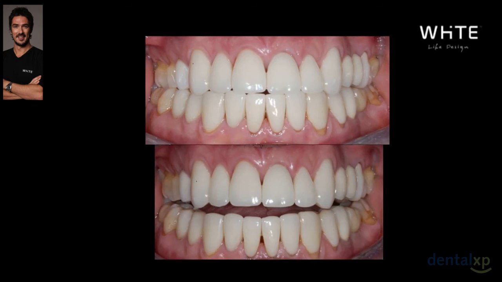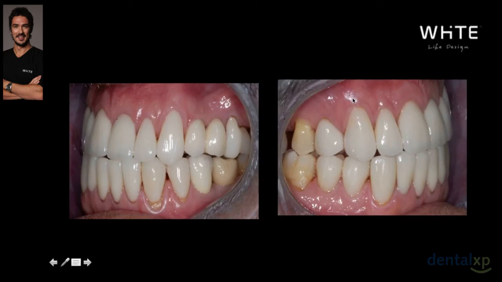So let's look at a case that I did in 1998. I rehabilitated this gentleman with some crowns and veneers in 1998, and this is my work. As you can see, we did from first premolar to first premolar. And I would say, actually, you can see here because of the good adaptation, it's a good result